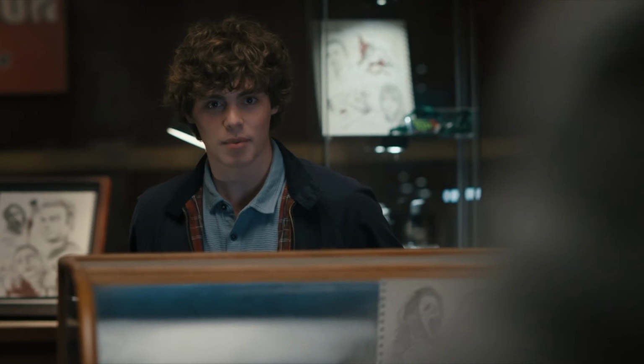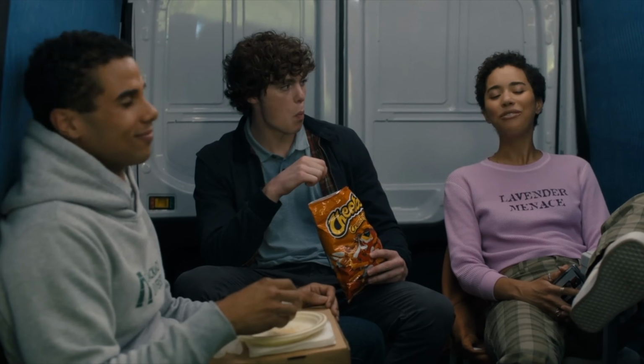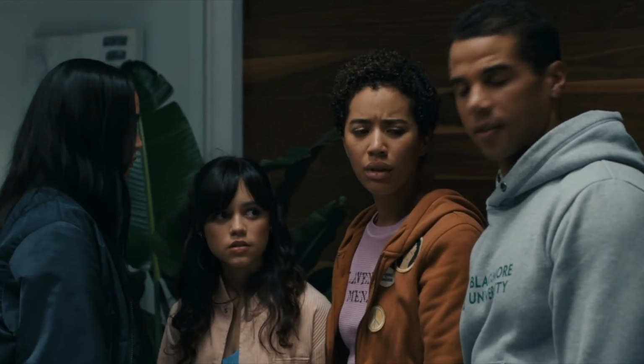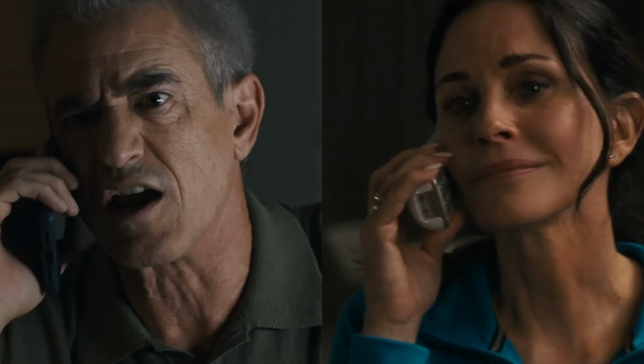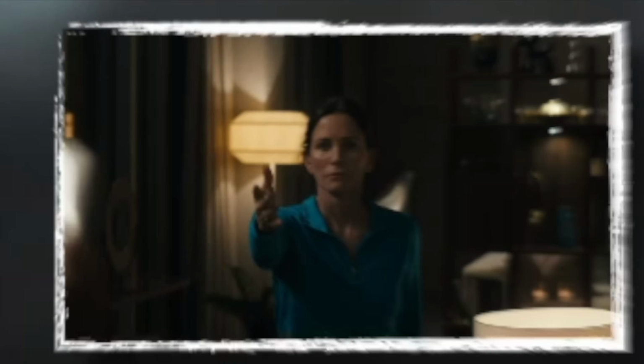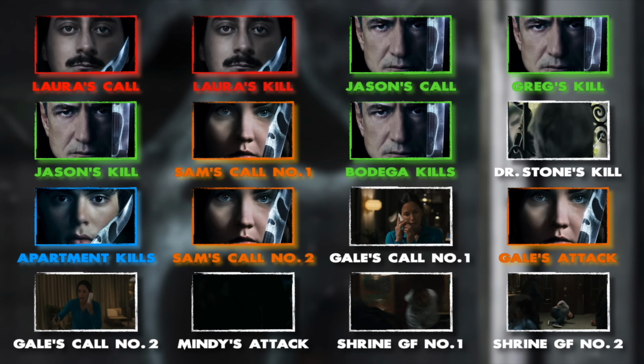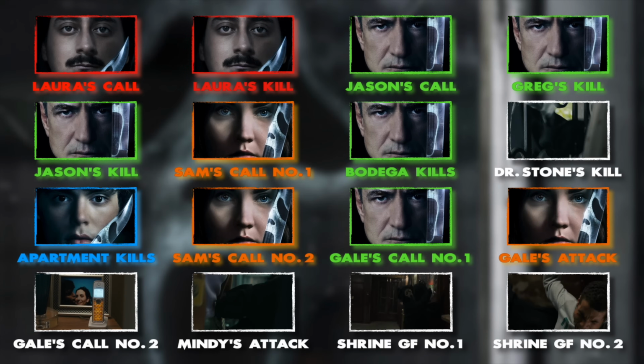As far as we know, Ethan was with Chad and Mindy this entire time, since we last saw them together at the park before they arrived at Gale's apartment after the attack, and since Wayne is next seen back at the precinct later on, we know that he would have separated from the group after leaving the park, which would give him plenty of time and privacy in order to be a part of Gale's phone call. In that regard, from a logical standpoint, I'm going to credit the first phone call to Wayne,